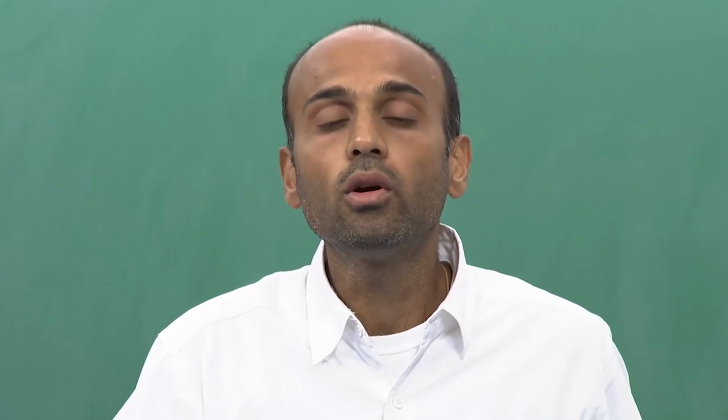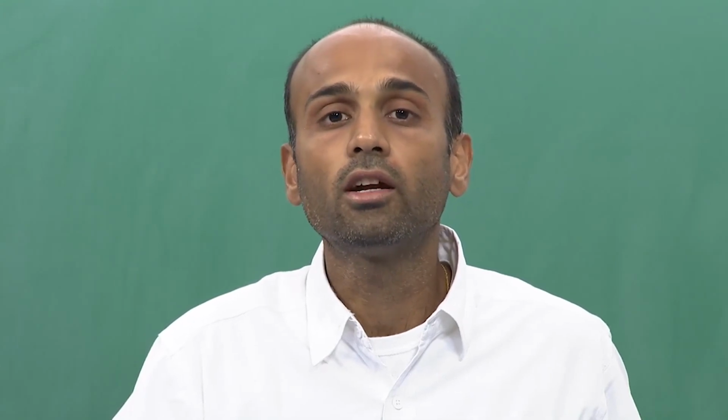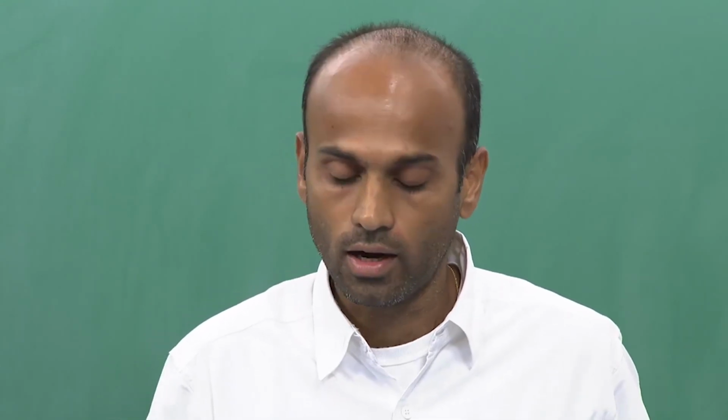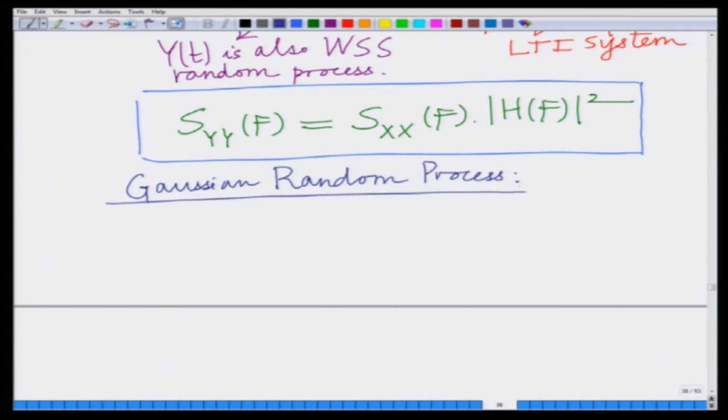Further, we had also looked at another interesting aspect, that is we had looked at a special kind of random process, a Gaussian random process. So we have also looked at what is known as a Gaussian random process. And what is a Gaussian random process? That is, X(t) is Gaussian